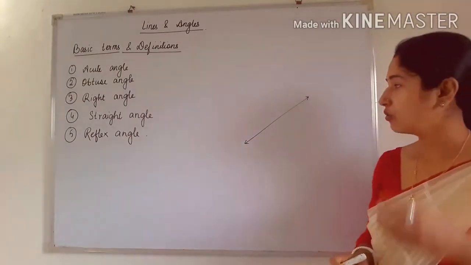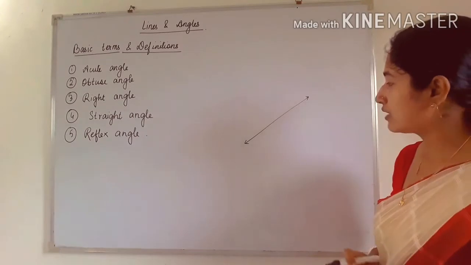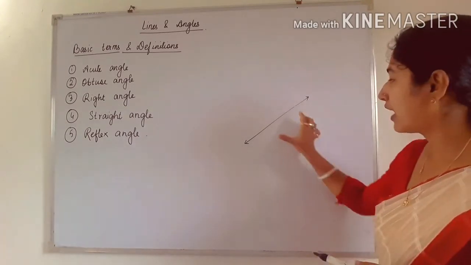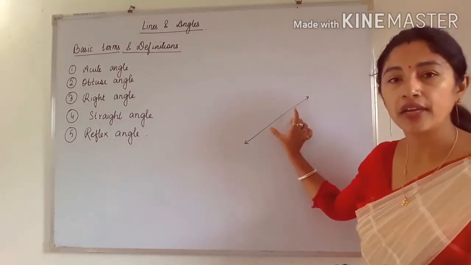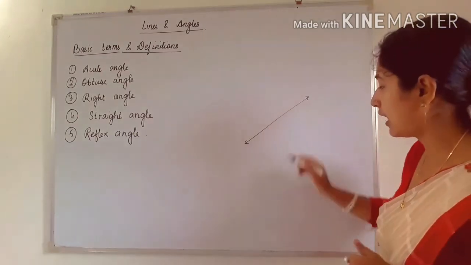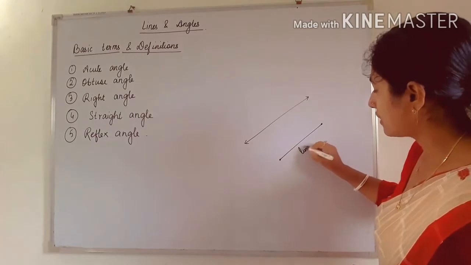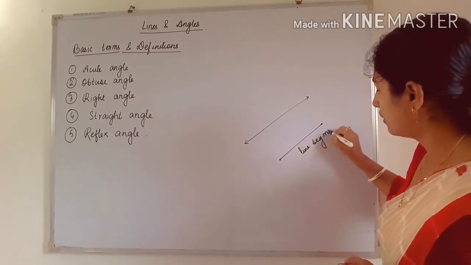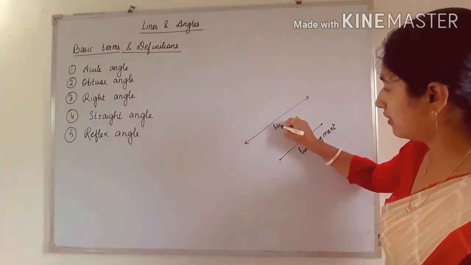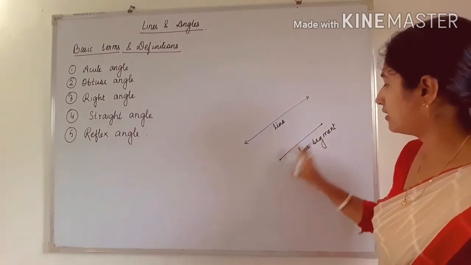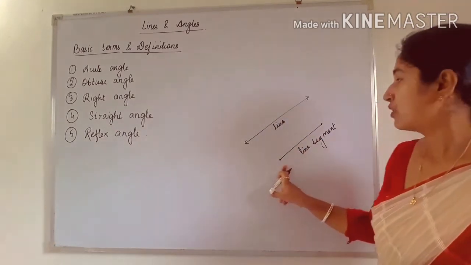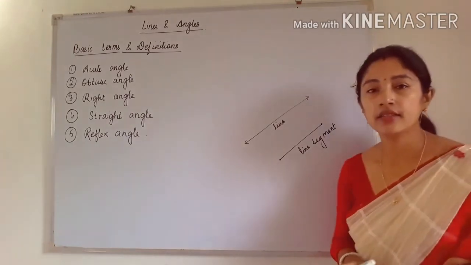Already we have studied in Euclid geometry. Okay. And what is a line segment? A part of line, or we can say a portion of line, is called a line segment, and line segment have what? Endpoints. Okay, this is a line segment and this is a line. So line segment has two endpoints. Okay, so this is the line, and next is our angle.